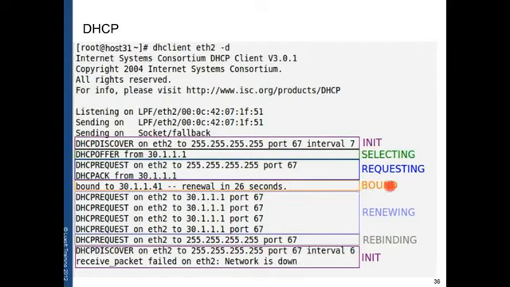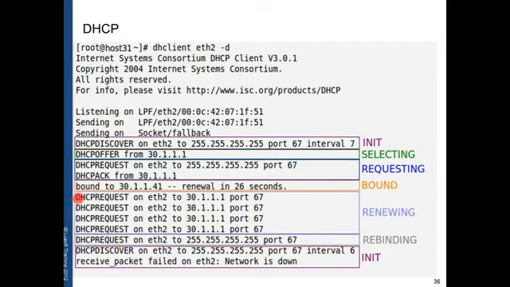I can use the IP for traffic. After half of this time is expired, we have T1, which is the renewing time, which is half of the lease time, and T2, timer 2, which is the rebinding time, which is 3/4 of the lease time. And when we reach half of the lease time, we try to extend the lease, and we are entering the renewing state.